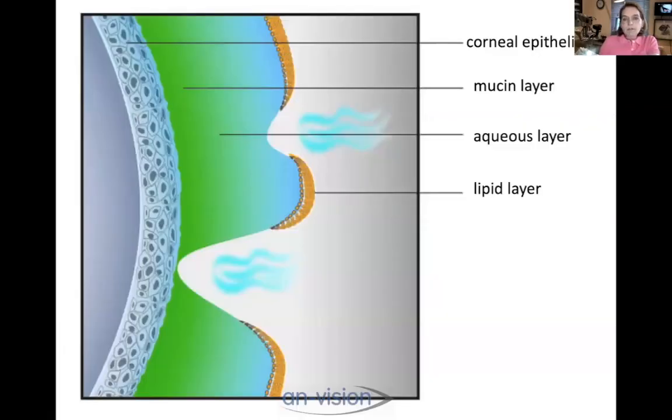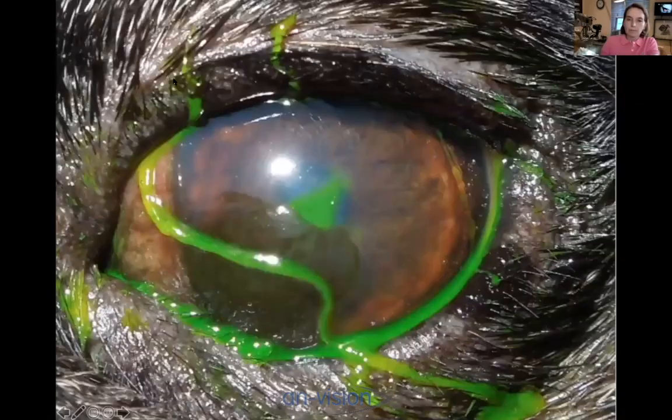So again, you saw that graph. We're going to check for the lipid layer. We're going to check for those breaks. It's very simple to get the aqueous layer checked, you know that, and the mucin layer is difficult as well. So focusing on the central cornea, like you saw here,